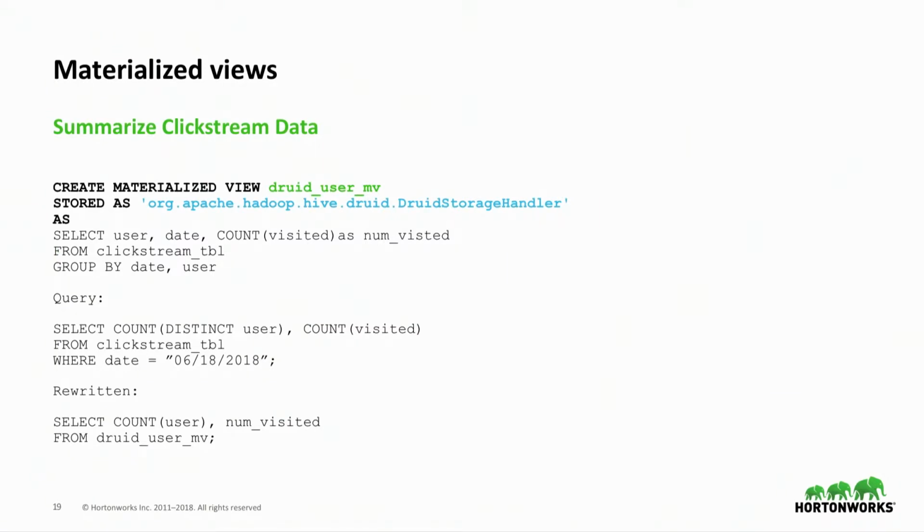So I have an example here. This is using clickstream data. So imagine if you were Netflix or a website where you want to see which users came on a specific day and how many times did they visit. So let's say your source table is called clickstream table. It has the user, and it is partitioned, let's say, by date,